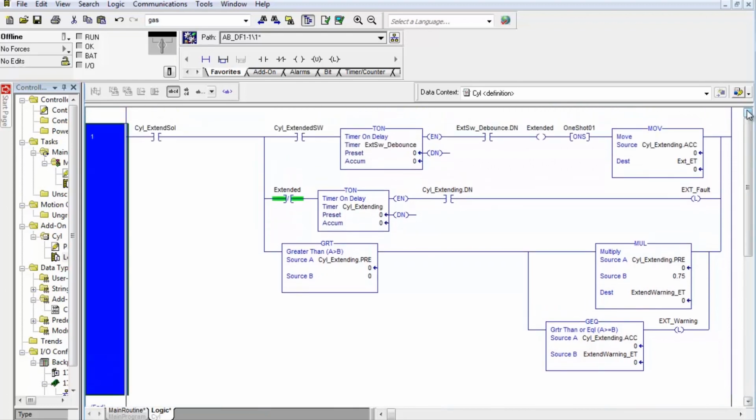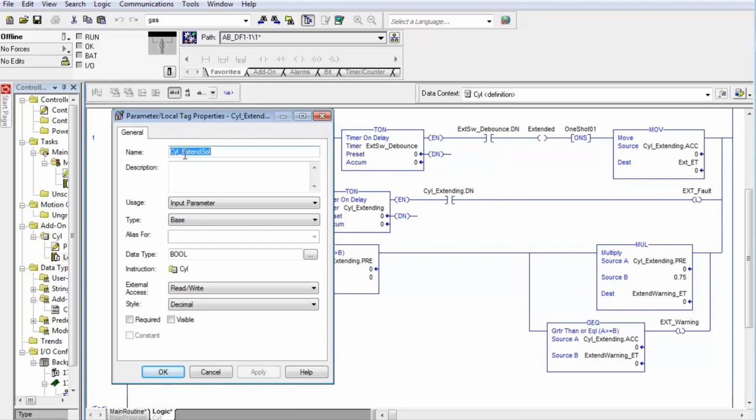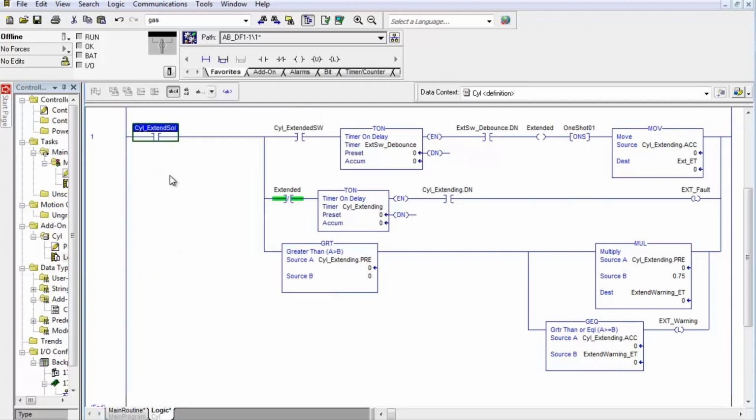In the second rung, I told you to be very careful not to edit any of the existing tags. If you go up here and say Edit, and you change this to Cylinder Retract Solenoid, then it's going to change it in both rungs. We don't want to do that. We want to type in. So don't right-click and edit. Just type in